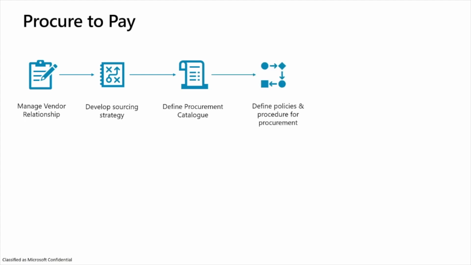Define policies and procedures for procurement. This business process area involves establishing guidelines for purchasing, defining the roles and responsibilities of procurement staff, and ensuring compliance with regulations and internal policies. D365 includes features for managing signing limits, approval hierarchies, and workflow configuration to define the approval process along with the